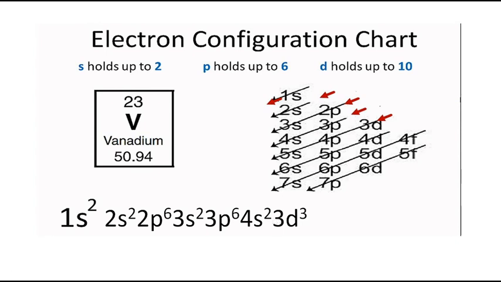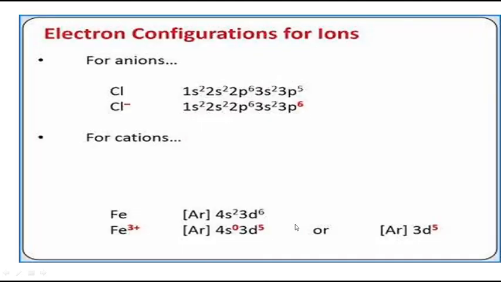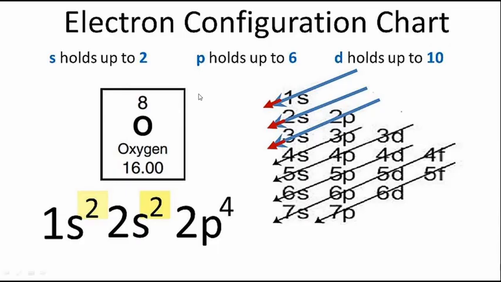And how many electrons are remaining? Only 3. So what is the last orbital? 3d. So into 3d, 3 electrons I am filling. Okay, the last 3 electrons are getting into 3d. This is your valence shell. Okay, so this is how we have to write the electronic configuration.